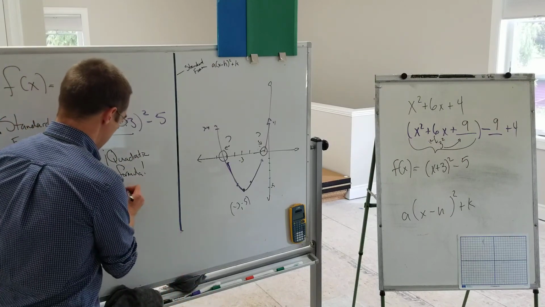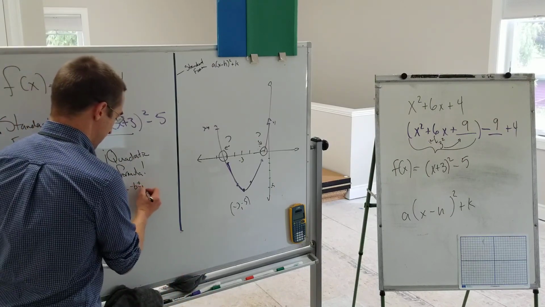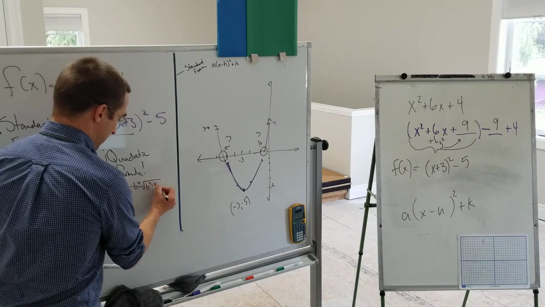Hooray! Which is x equals negative b plus or minus the square root of b squared minus 4ac